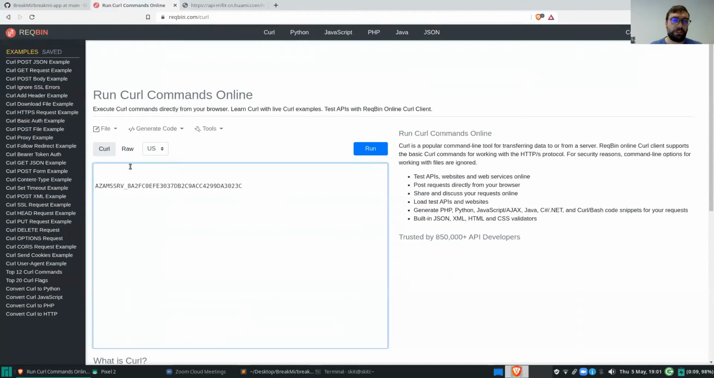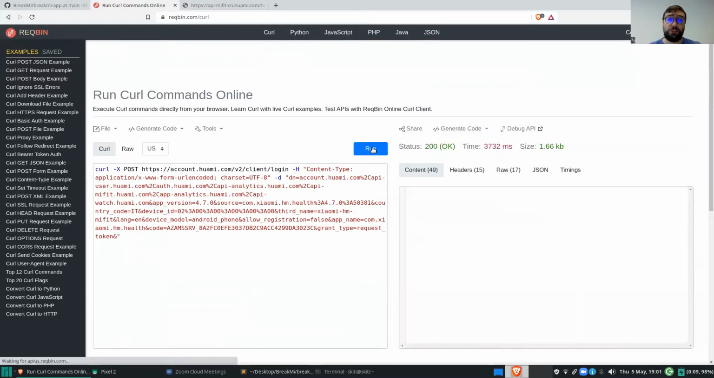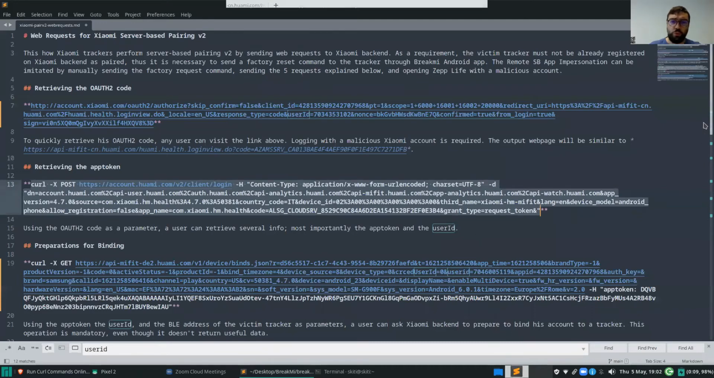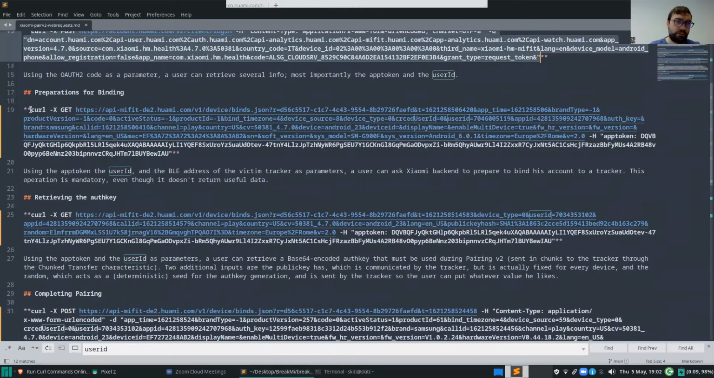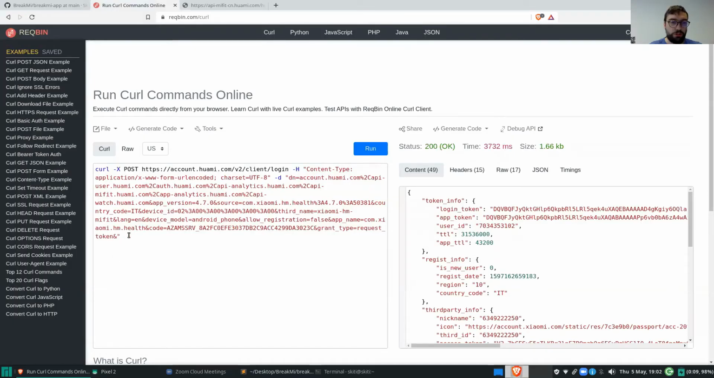So we copy paste the request, and we observe that there is no other parameter that we need to fill apart from the code we just retrieved. So we run the command and we receive the authentication token, the app token from the Xiaomi backend. This will be useful for the next request. So then we prepare for binding with the tracker. We copy this command,